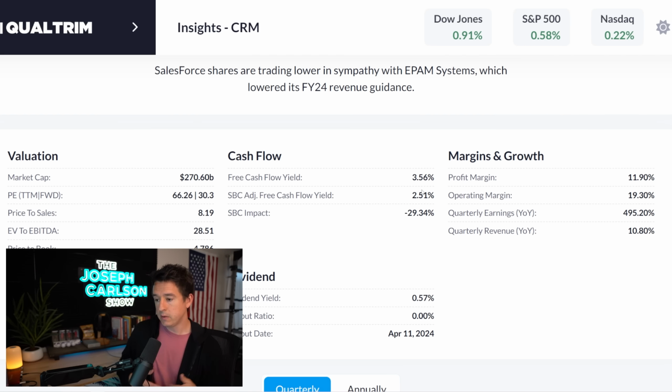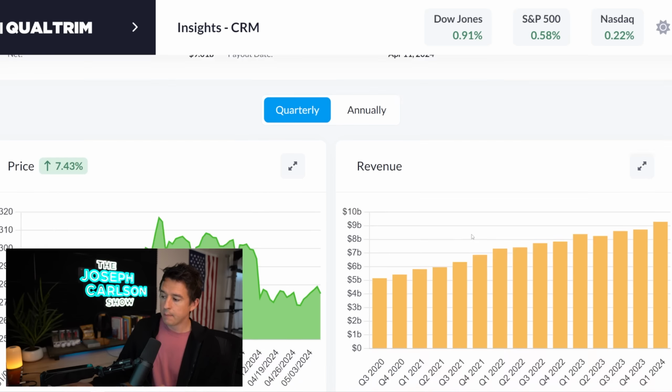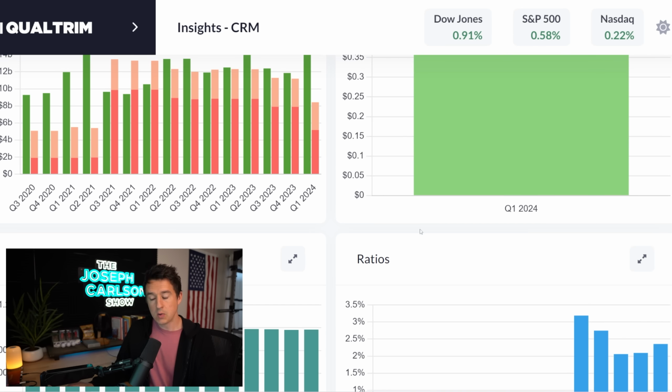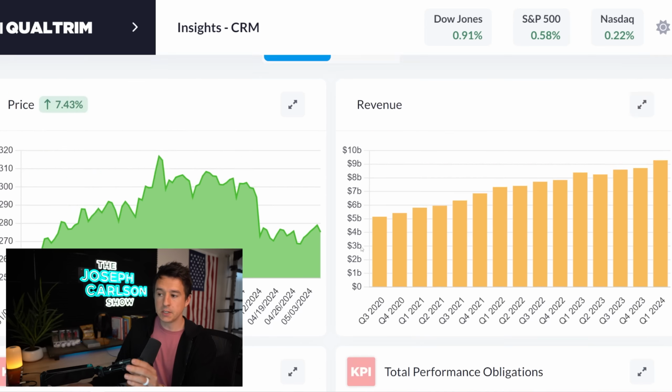But again, we don't want to confuse cheapness and expensiveness with expected returns, because a lot of times really cheap companies, Delta Airlines, right? We have these really poor businesses, they'll have higher free cash flow yields because their cash flow is not dependable and it's not growing. But Salesforce is a company that has a pretty okay free cash flow yield, not ideal. I'd love it to be above 4%, but it's okay. And it's wrapped up in a phenomenal business. Again, you're getting this yield plus the growing revenue, plus the free cash flow, plus the buybacks, plus the strong balance sheet. You have to factor in the whole situation, not just these quick metrics.